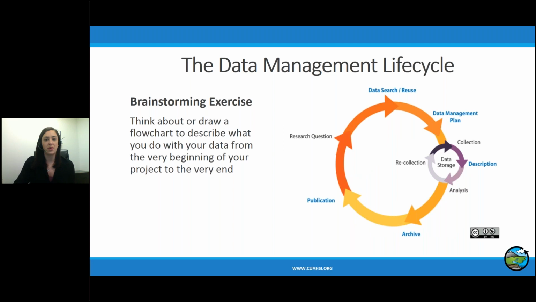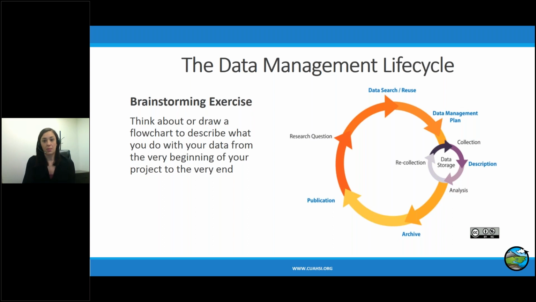All right, so maybe some of you had some similar flowcharts going on. There's always going to be different versions of this, but one of the most ideal processes for this, and this is coming from DataONE, is coming up with your question first, obviously. You may go out there and look for data to reuse to answer your original question, see if someone has done something similar in research. Then you really want to concentrate on your data management plan. The crucial part of this is to have your data management plan done before your collection.